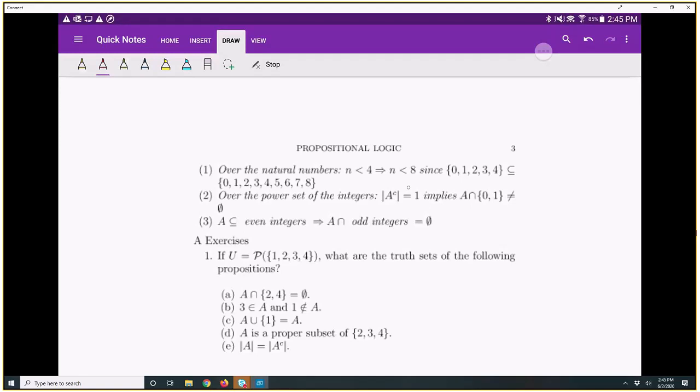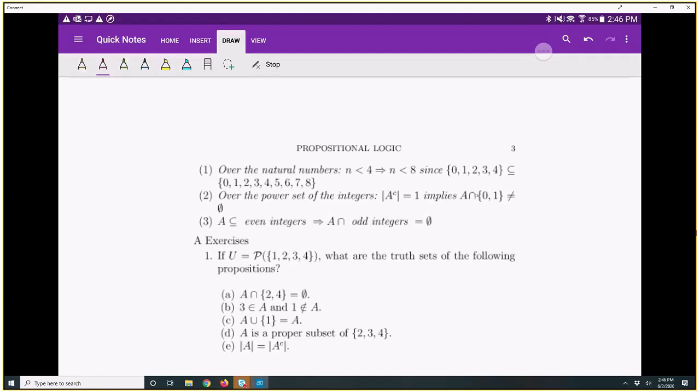Now let's think about that. We're talking about the power set of the integers, so all possible subsets of the integers. Any subset of the integers whose complement has cardinality 1, that means that that set includes every integer except for a single integer. We don't know which integer, but every integer except for a single integer is contained in this